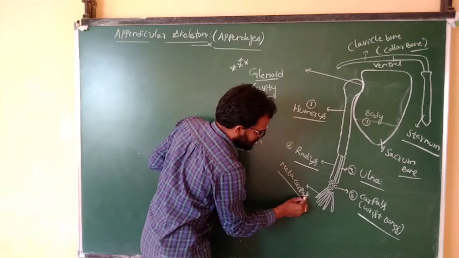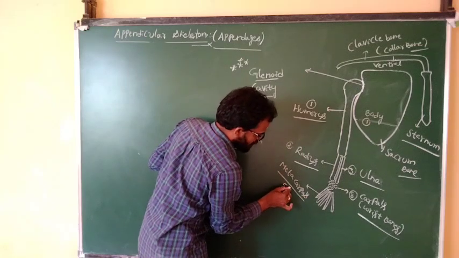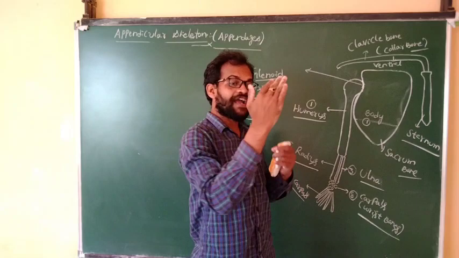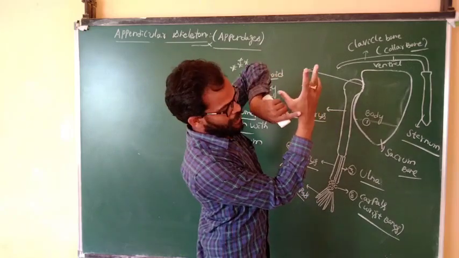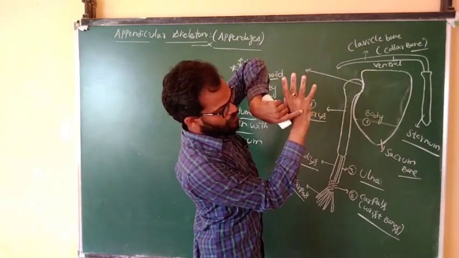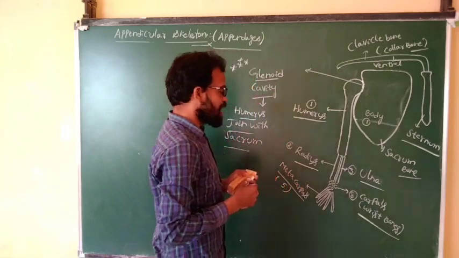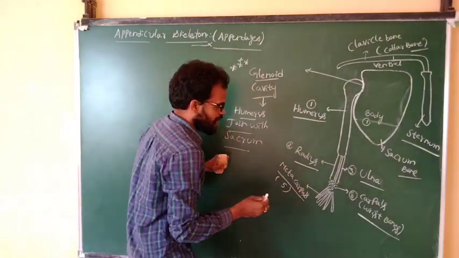How many metacarpals are present? 5 metacarpals. One metacarpal, second one, third one, fourth one, fifth one. 5 metacarpals. After the metacarpals,